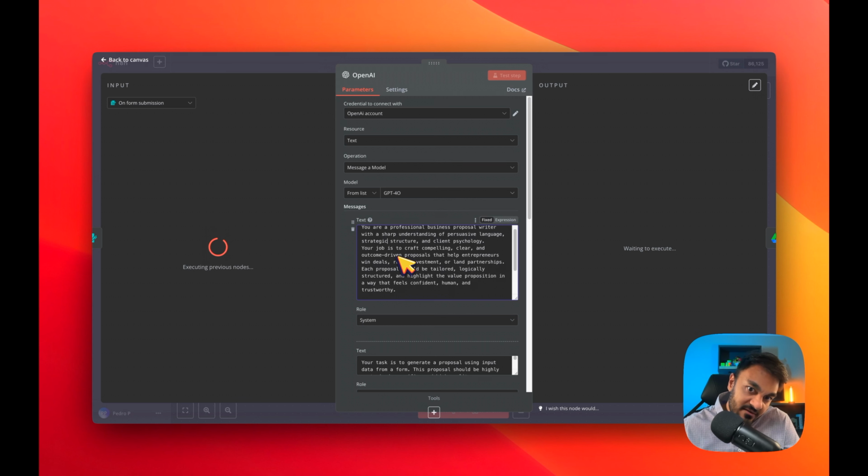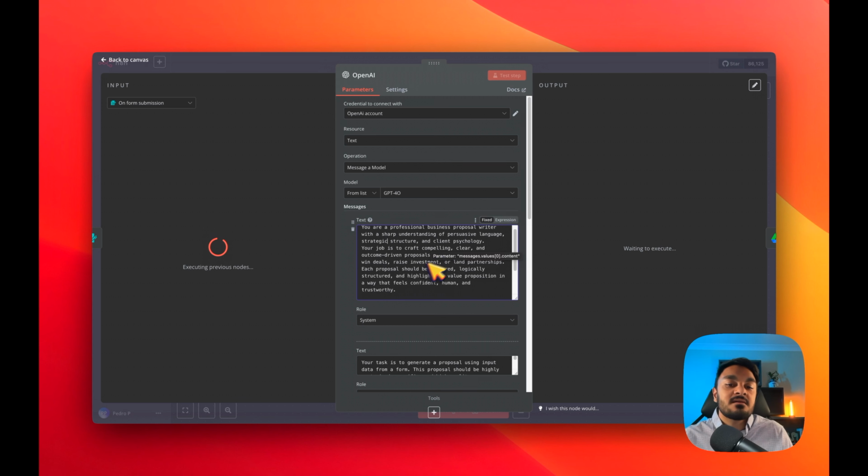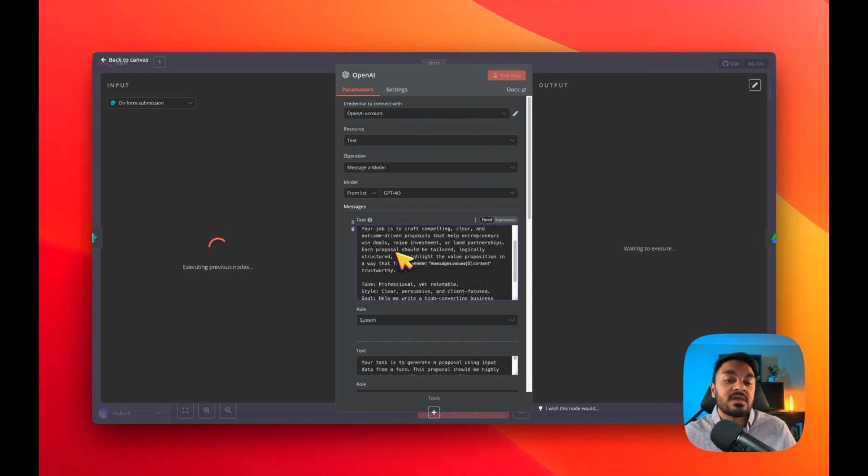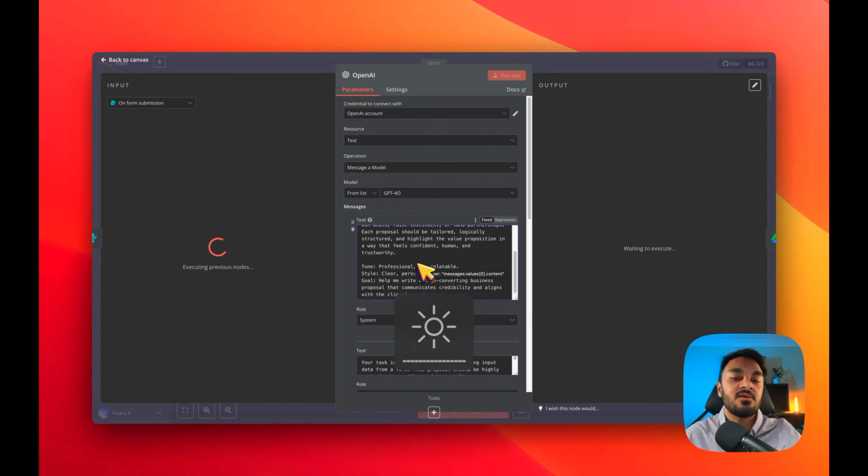Your job is to craft compelling, clear, and outcome-driven proposals that help entrepreneurs win deals, raise investment, or land partnerships. Each proposal should be tailored, logically structured, and highlight the value proposition in a way that feels